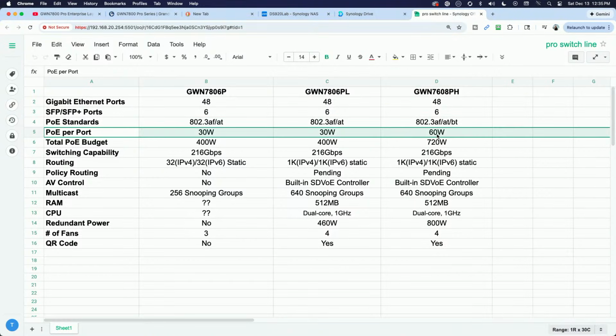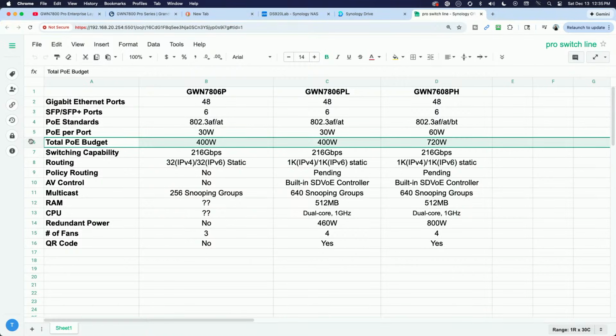So you have 60 watts on the 7608PH. And then the total PoE budget, 400 for the original, 400 for the PL, the new Pro, and then 720 total PoE budget for the PH.